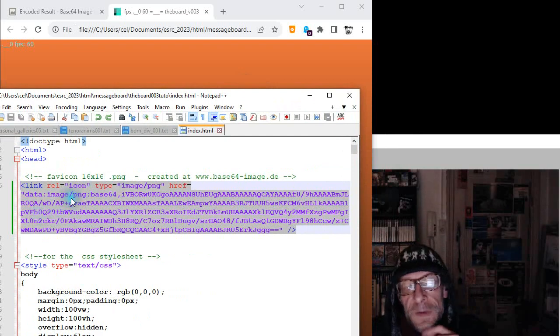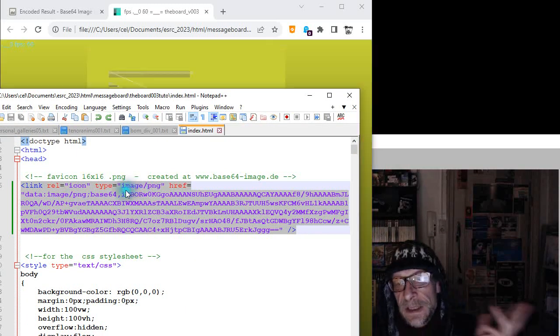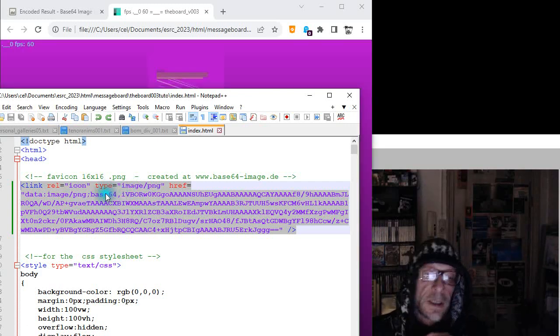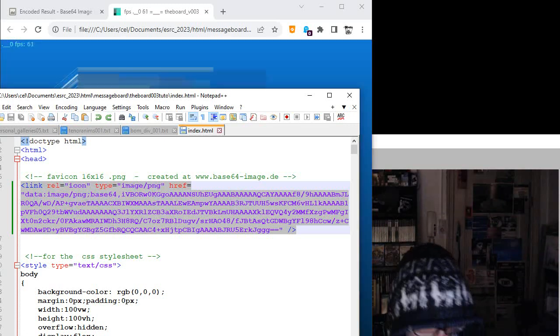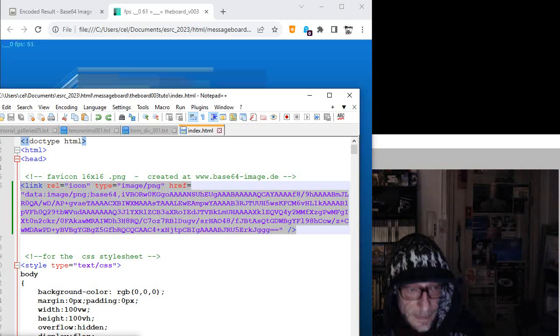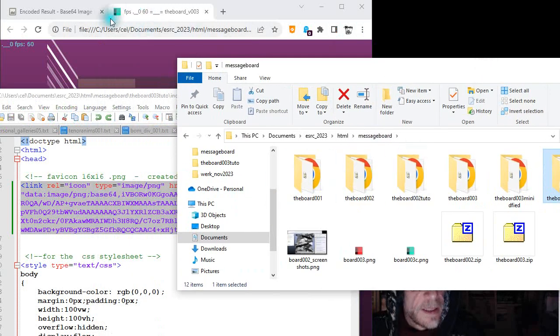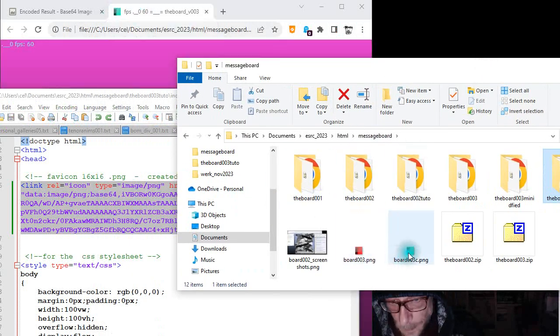You can link it also directly to the PNG file, but I prefer to have everything in one page. So I compressed it as a little bit of data as well. So if I go to my icons here, I have now this green icon. I was testing things out,